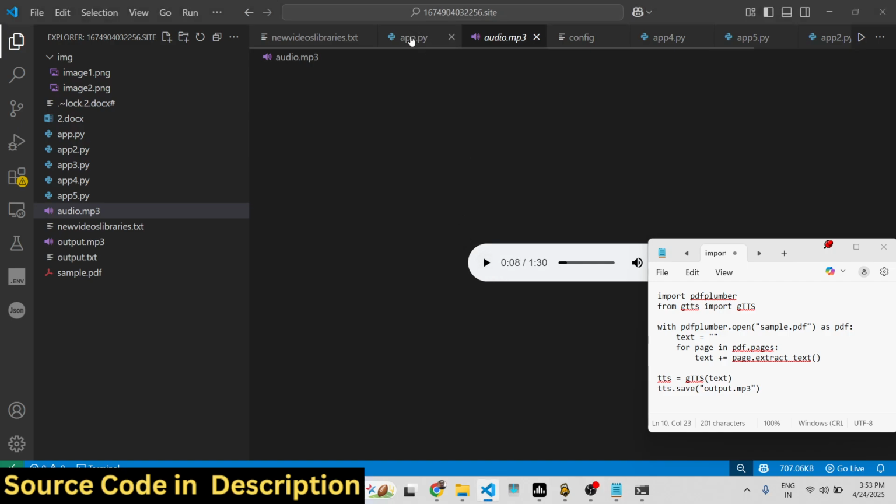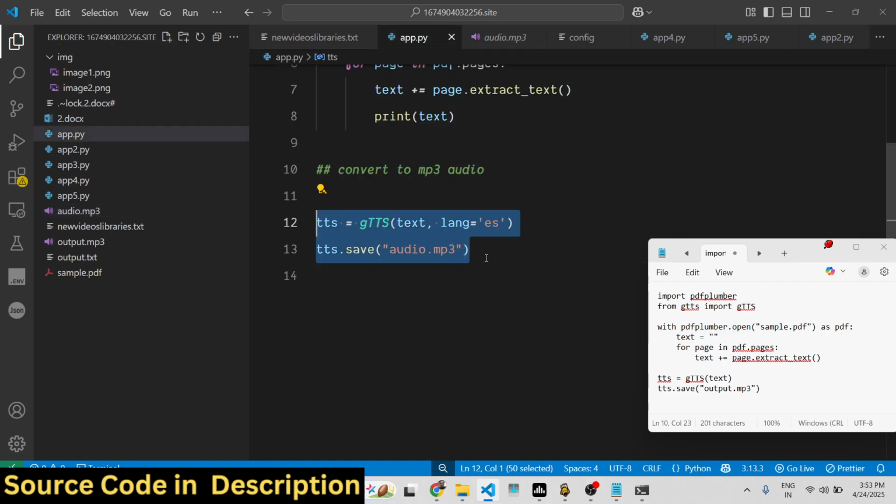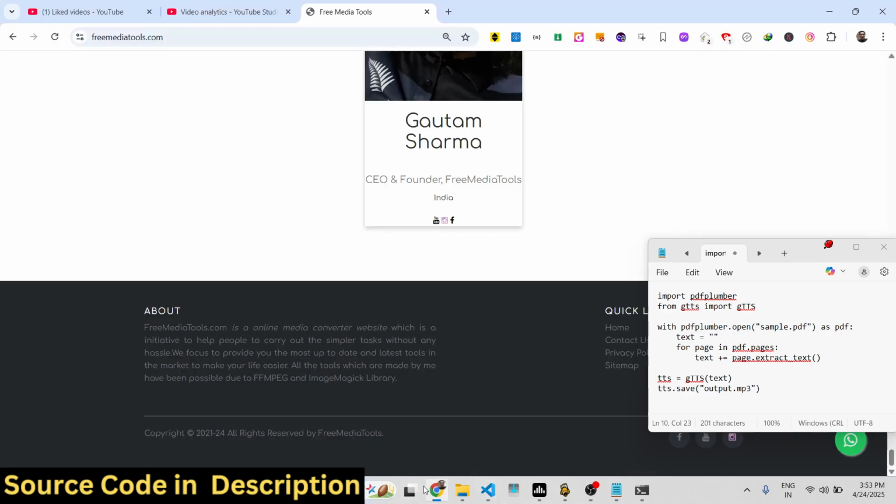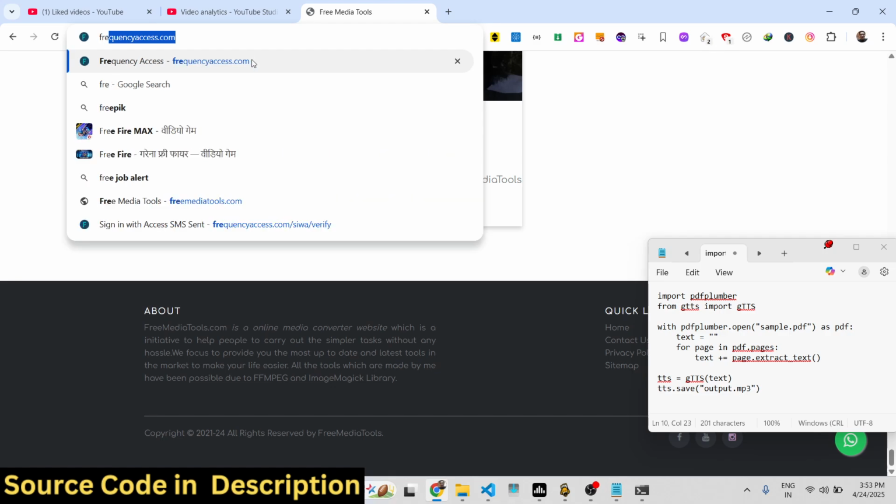As you can see, it has now converted to Spanish here. You can see the person is speaking Spanish. So in this easy way, you can convert the PDF file into an MP3 audio file in different languages using these modules. And for this specific purpose, I made this